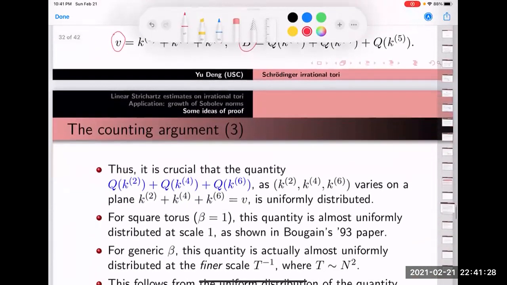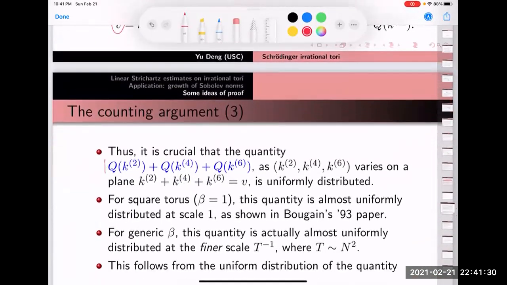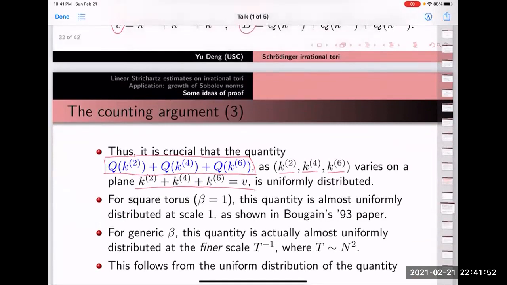true or not is to ask whether this particular quantity, the sum of these quadratic forms, is distributed uniformly. If you consider these vectors k2, k4, k6 ranging over a particular plane where k2 plus k4 plus k6 equals a constant, you want to know how this quantity is distributed, whether it is uniformly distributed when these vectors range over